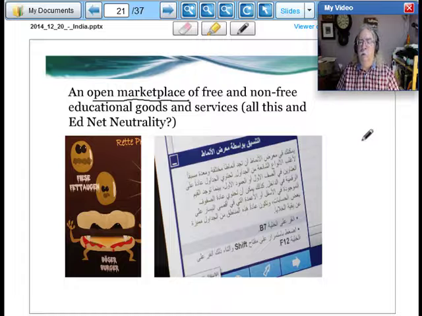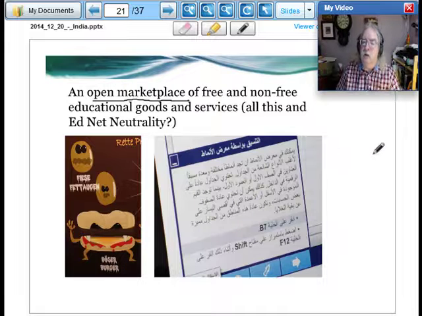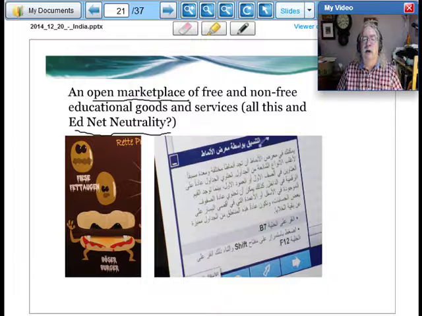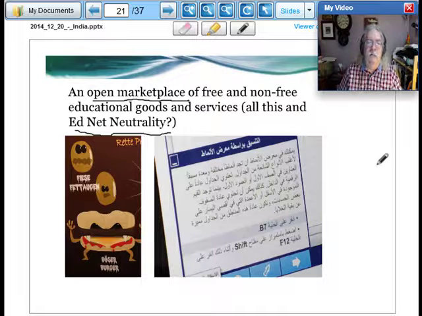But by creating a distributed network of learning resources, we're looking at what might be called EdNet neutrality. That is to say, the learning provider does not provide privileged access to one type of learning resource over another.